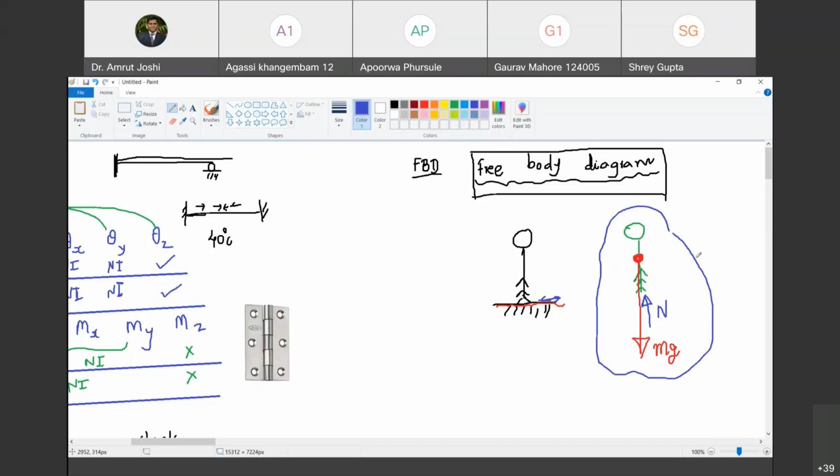So look at the irony. The English language calls it self-weight, but you have to understand it is not an intrinsic property of the body. It depends on which planet you are standing. So it is external. Are you with me? Yes, sir. Don't get carried away by the English; you have to understand the physics. So self-weight is external to the body. What is internal is mass. Mass will remain constant whether you are on Earth or on the Moon. Are you with me? Yes, sir.